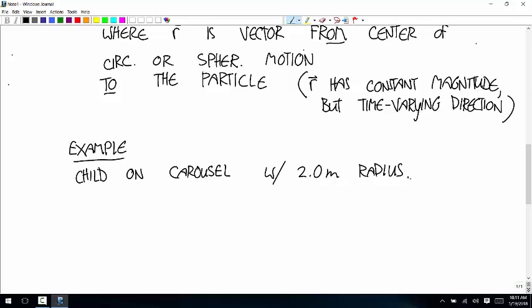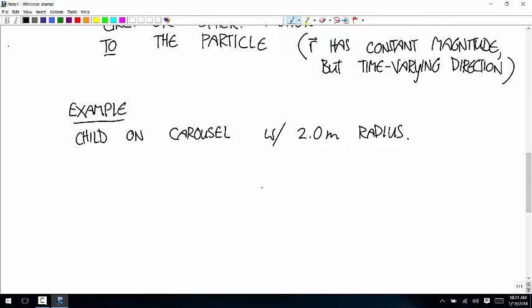Possibly that doesn't affect the problem, but that would be a really big child. Well, it would affect it. His center of mass is going to be 2 meters from the center of the carousel. So we're still